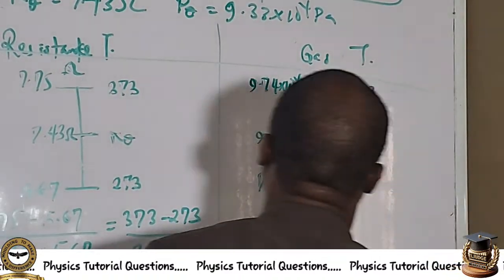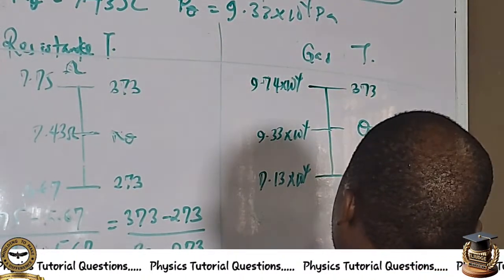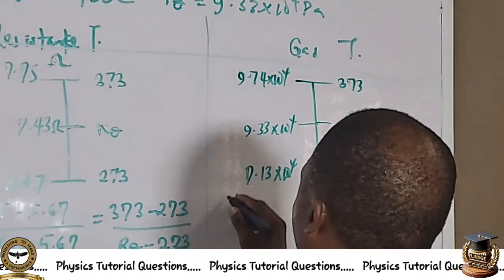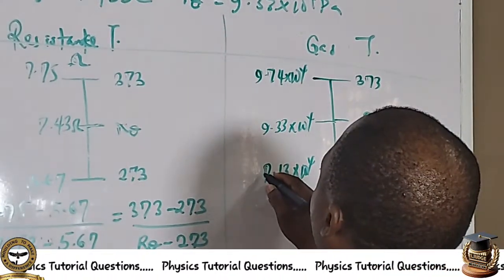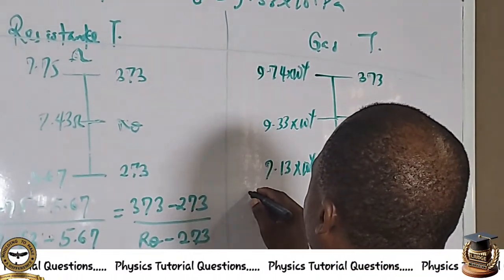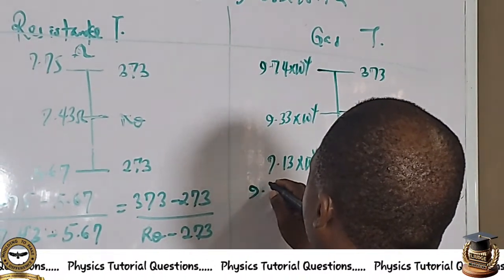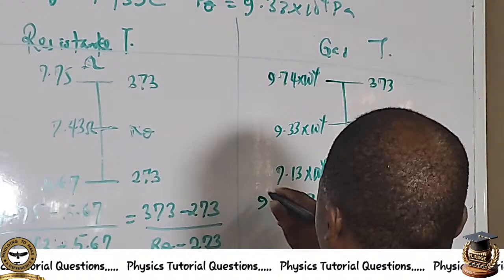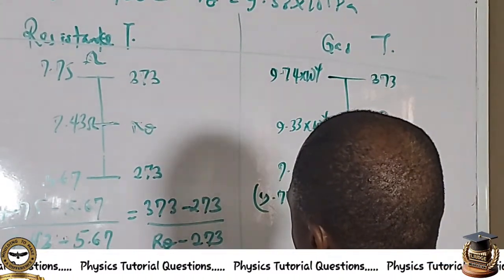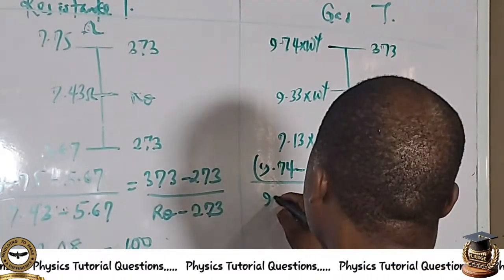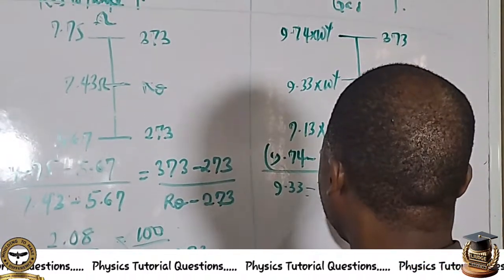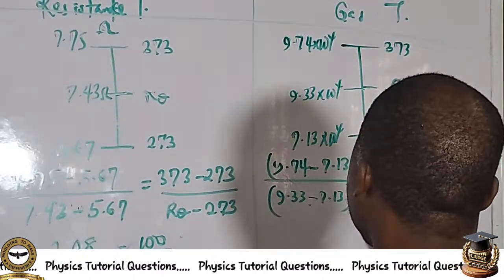In this case, you can just do this minus this. So 9.74 minus 7.13, all times 10 raised to power 4, over 9.33 minus 7.13 times 10 raised to power 4,